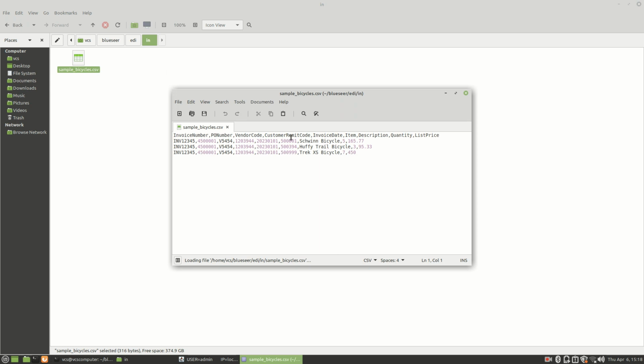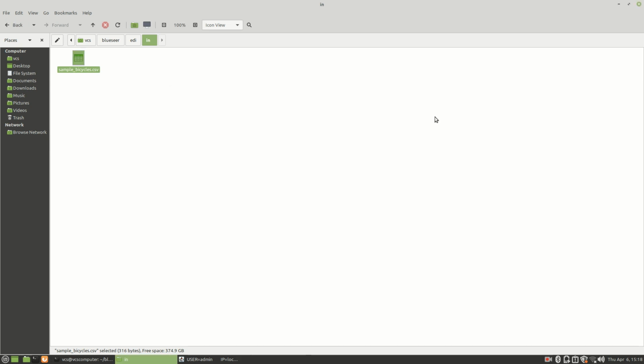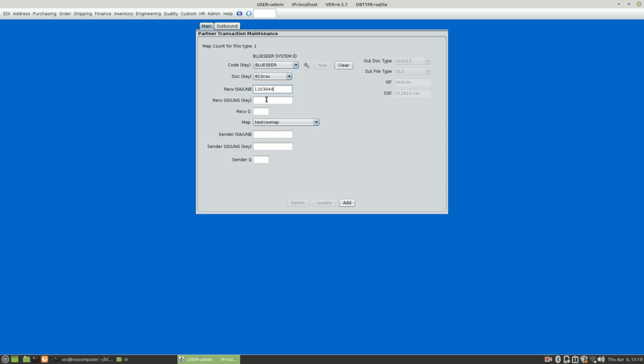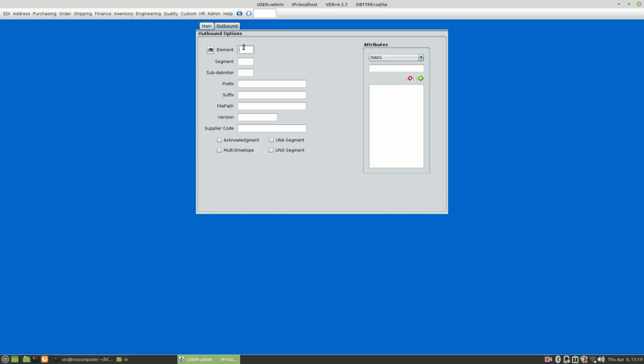We're going to assume that their customer remit to code is the ISA sender and receiver ID, or receiver ID. ISA and GS. So we're going to put that here, that here. ZZ BlueSeer is the sender ISA ID. It's the GS sender ID, and the qualifier is ZZ. On the outbound side, we want our 810 to have element 42, which I think is the asterisk. 10 for new line, or line feed, excuse me. And 62, I think, is